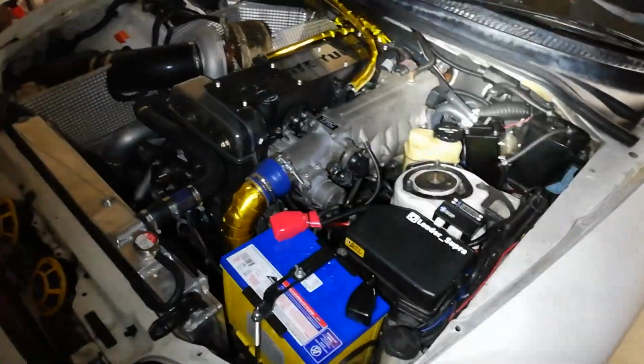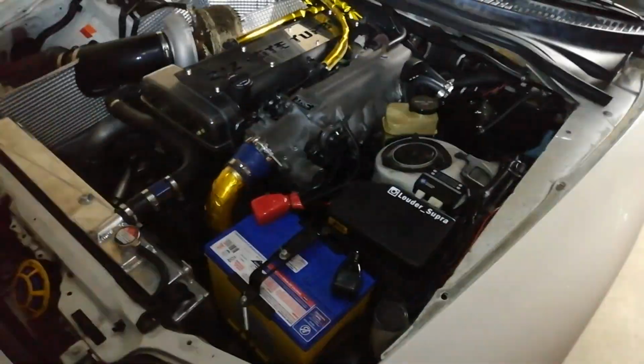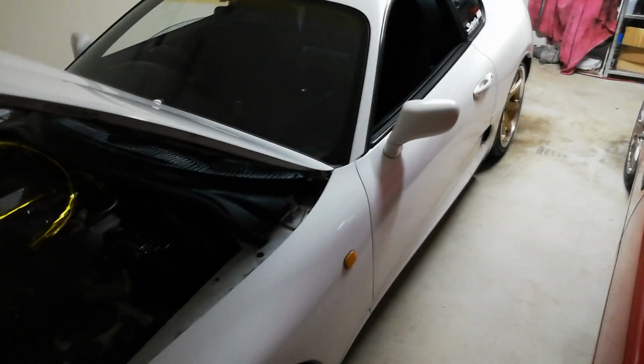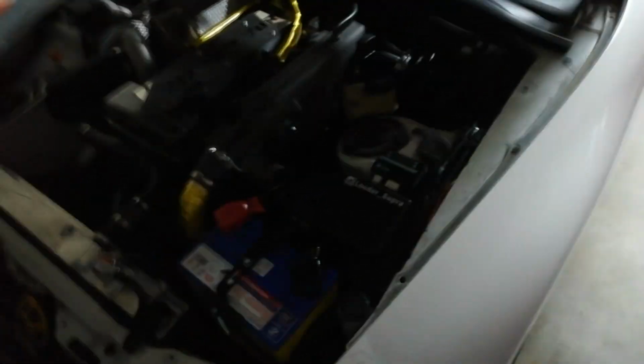I was going to get a deep cycle battery. However, nowadays they don't cover deep cycle batteries under warranty if they are installed in your engine bay, which is unfortunate. So